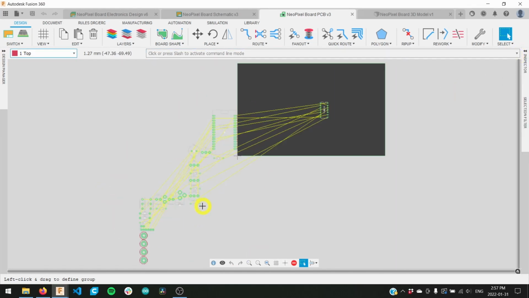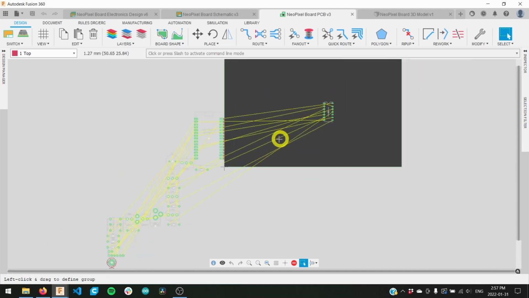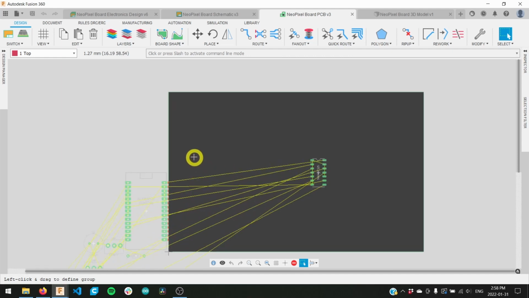Down in this region, you can see the footprints for all our different components. And then this dark gray region represents the board footprint. The default measurements are 160 millimeters by 100 millimeters. My board won't need to be that large, so I'm going to reduce the size to 75 millimeters by 55 millimeters. To do this, I will go in and select one of the corners and then open up the inspector